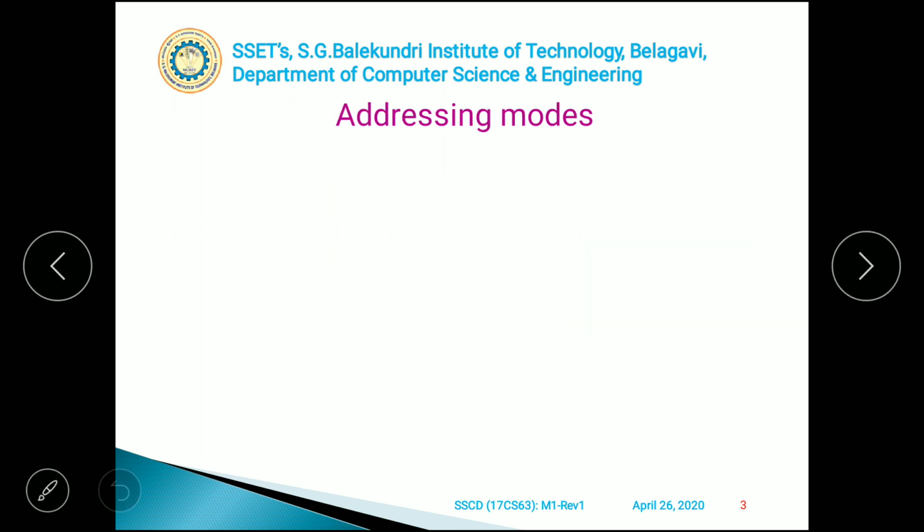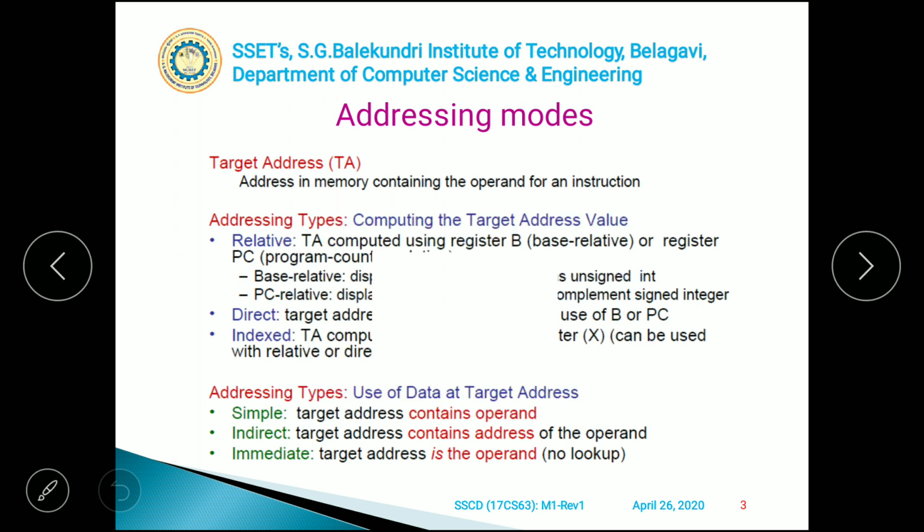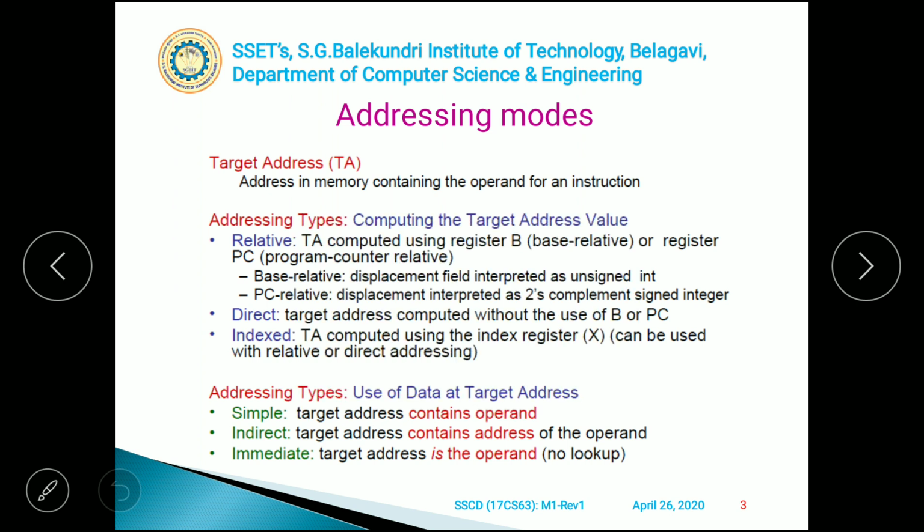Fine. Then there are the addressing modes. In SIC there are only two addressing modes, that is direct addressing mode and indexed addressing mode. If it is indexed addressing mode, you set x equal to 1, in only the format 3 instructions, or you can say the 3-byte instruction format, in case of SIC. But when it comes to SIC/XE, you have many addressing modes: PC relative, base relative, direct addressing, indirect addressing, indexed addressing, immediate addressing, and so on.